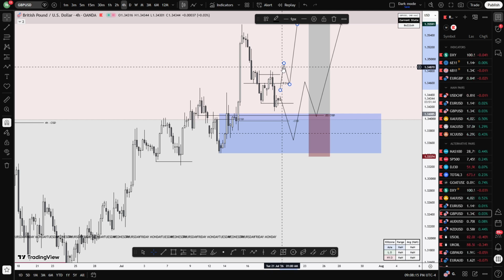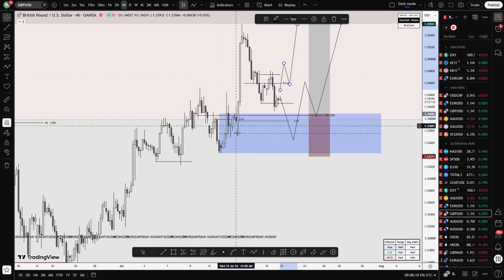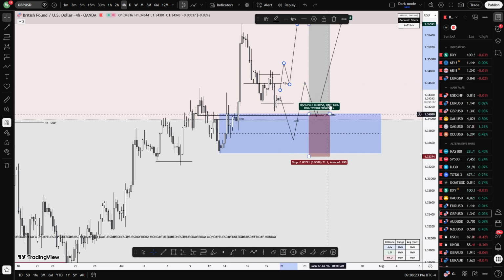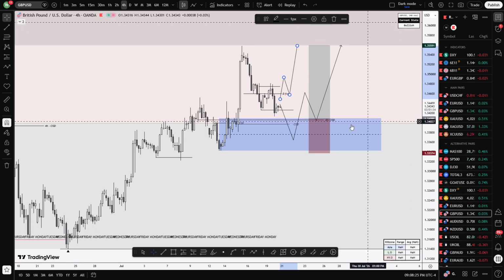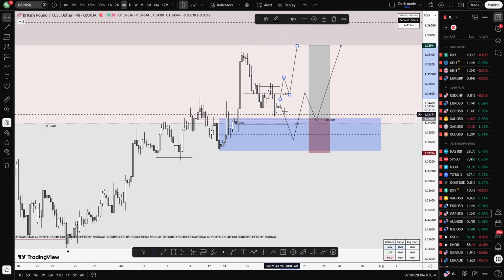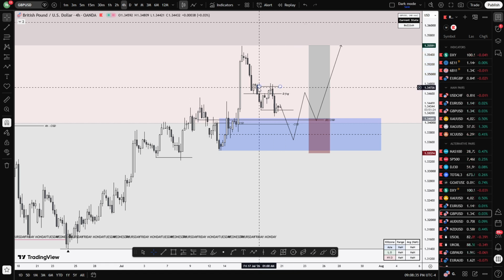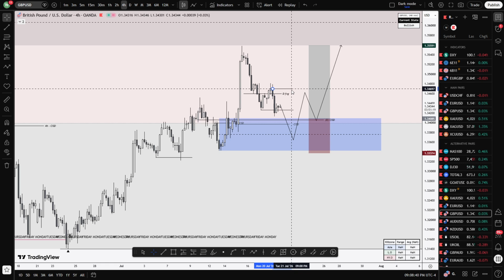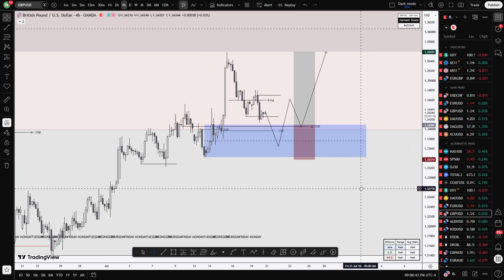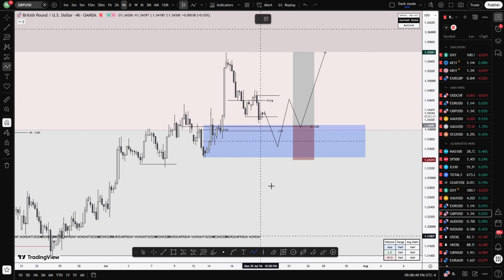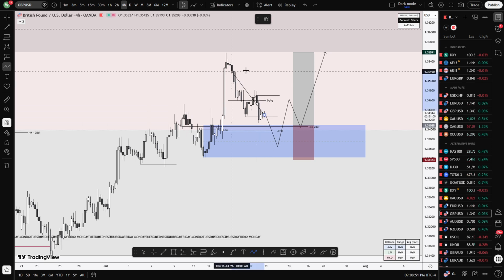Now, ideally, I would have loved to see price tag this zone. Like I said yesterday, you need to see price tag here, then on the pullback, we continue. But if we're going to continue higher just off this sweep of this low here, then, I mean, if you keep listening to me like this, in a matter of weeks, you could also read price the way I do. We need to see price now close above this,